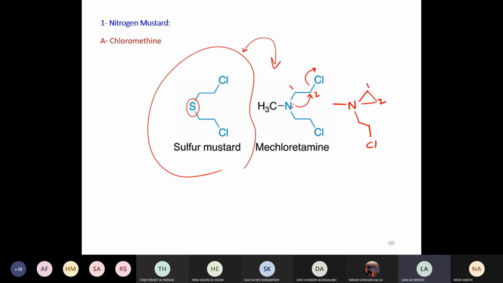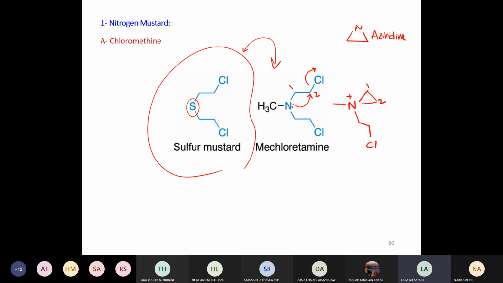Should we add anything to the structure? What do you think? Is this a correct Lewis structure? Positive charge. Exactly, where do I put it? And why is that? Because now the nitrogen, as if it donated one of its electrons to this carbon, has lost an electron, and that is why it will be positively charged. Do you know the name of this ring? Aziridine. No, the epoxide is when it's oxygen. This is aziridine.